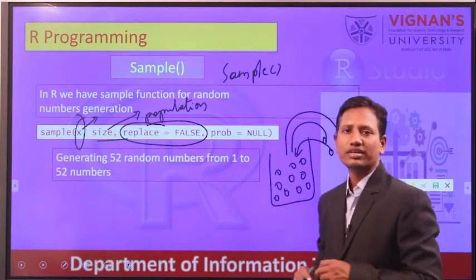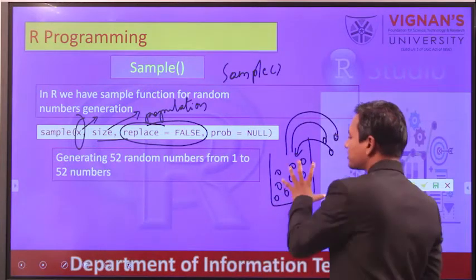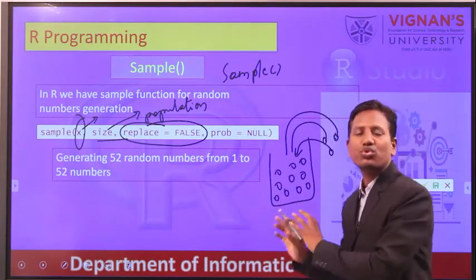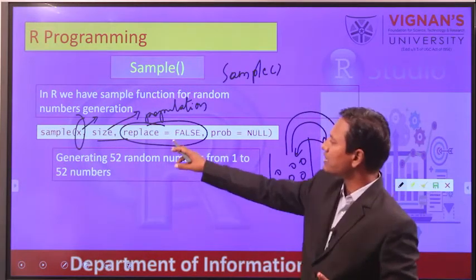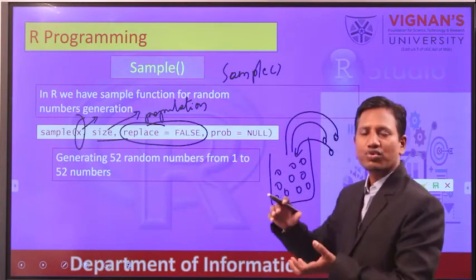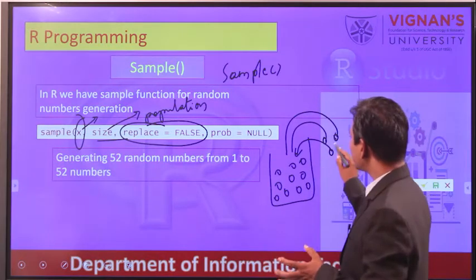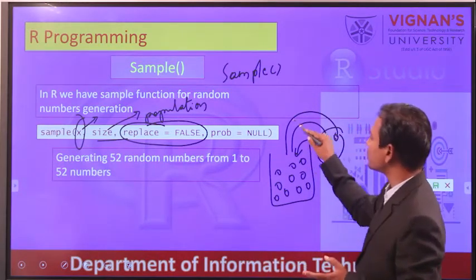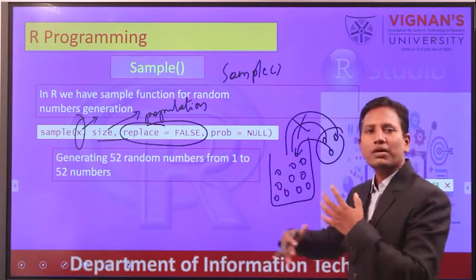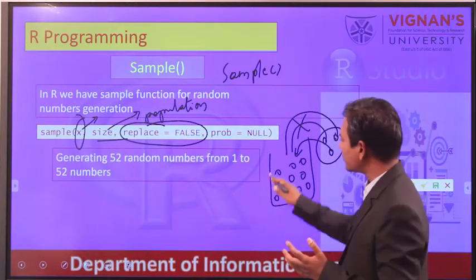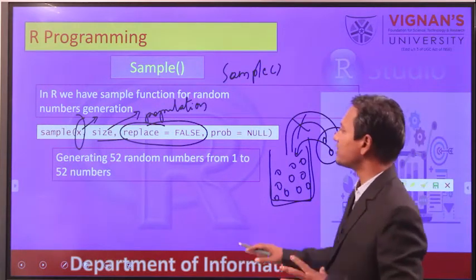This is the point. If replace equals true, every time the population is going to be the same, all values. And if you say replace equals false, every time it is going to pick new values and it's not going to replace. In the sense, these 3 values are not going to be put again into the box. It's going to pick another 3 values. And so after so many repetitions, this box is going to be empty. This is about replace.